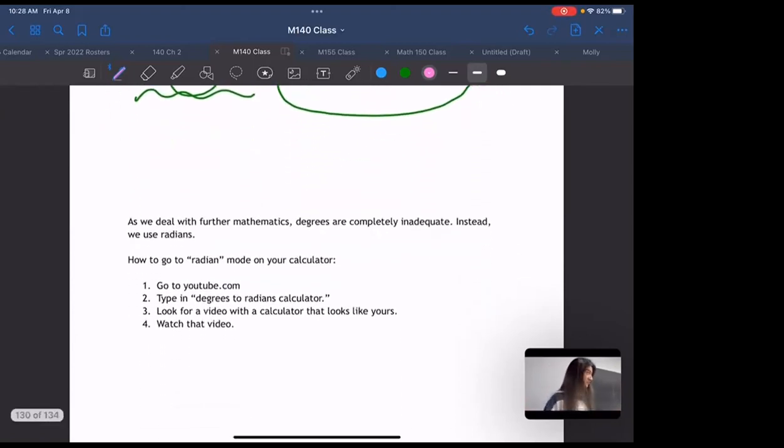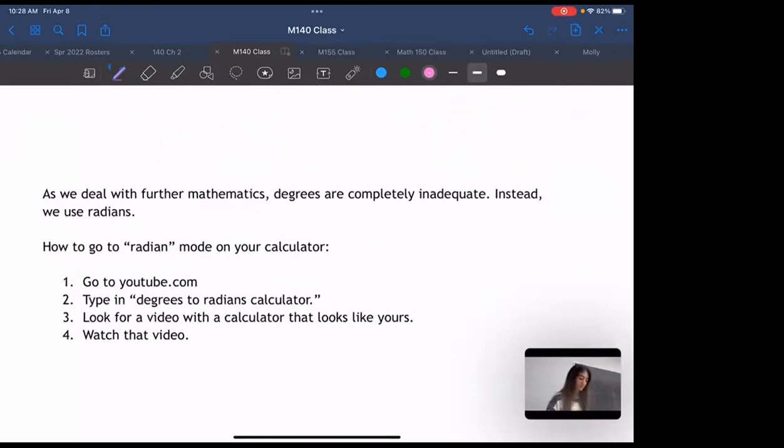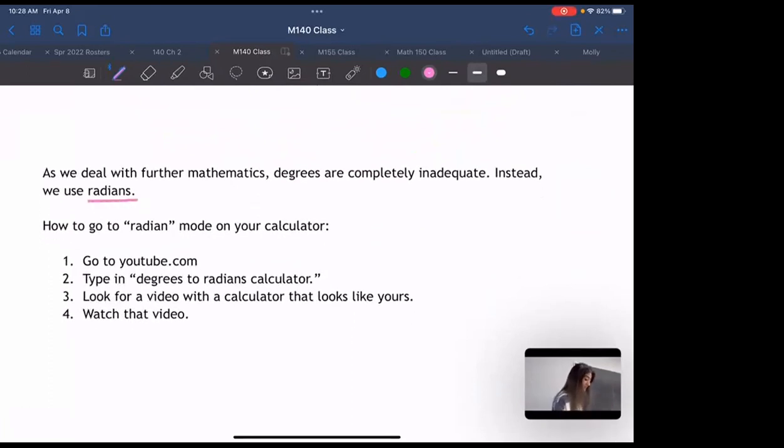So what's the alternative? Well, we have degrees and we also have these things called radians, which are inherently mathematical, by the way, okay? Before we go into what radians are, I'm going to tell you how most people think about radians, okay? Radians are the thing in your calculator that you have to switch to on the mode,